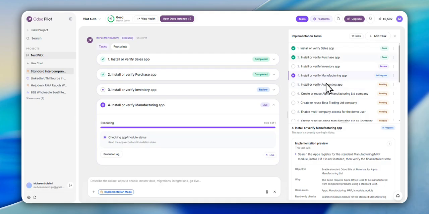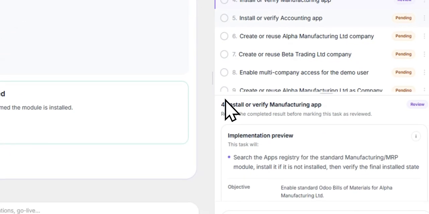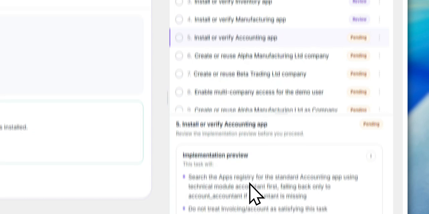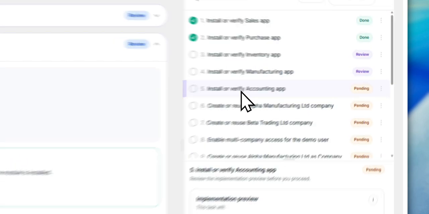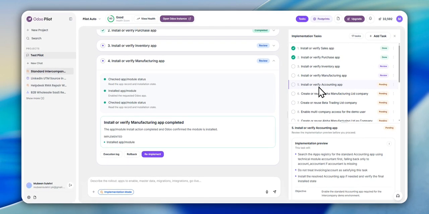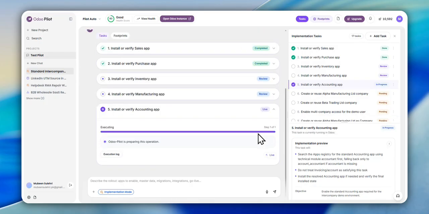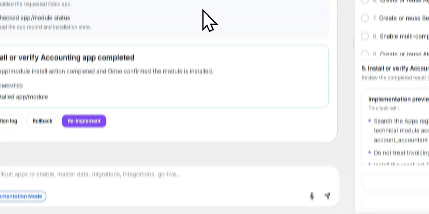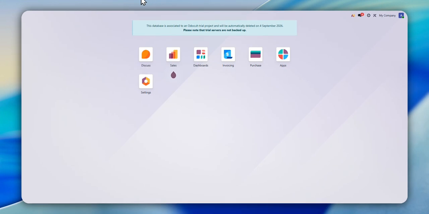I will review these three. It is also completed, so we will proceed with the 5th task also. After this, we will verify whether the 3 apps are installed or not. Here we have installed the 3 apps.